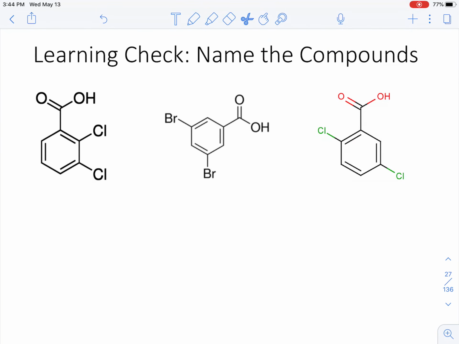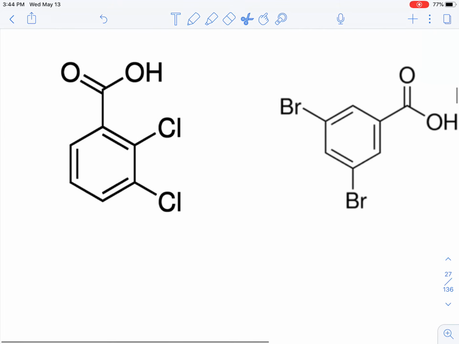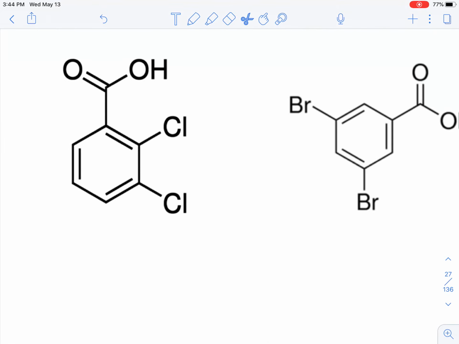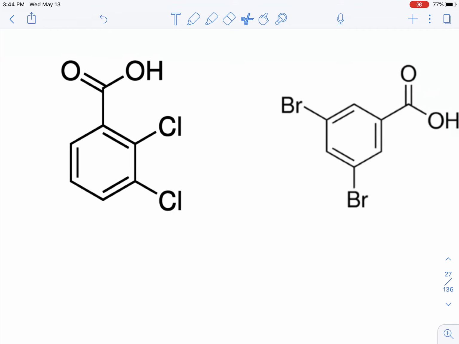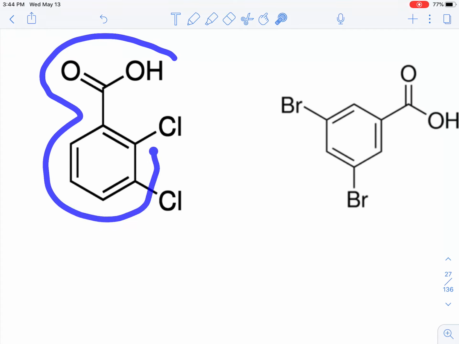Now we're going to take a look at how to name benzene rings with a carboxylic acid as the main functional group. If you guys recall earlier, if you have a benzene ring with a carboxylic acid as its main functional group, the common name is going to be benzoic acid. So this whole item that I've circled is going to be named benzoic acid,